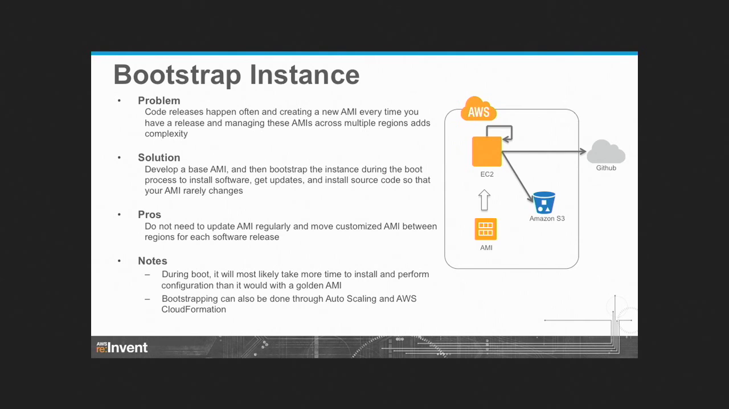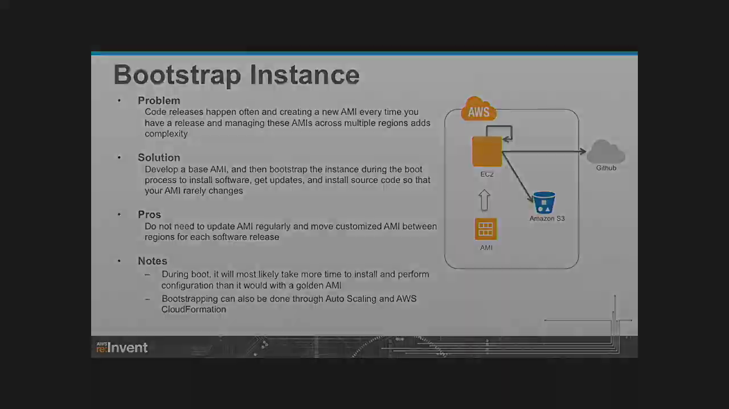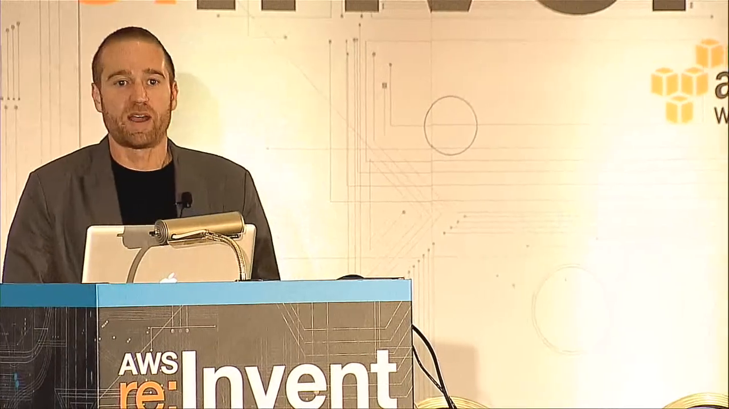So the solution here is to develop a base AMI and then bootstrap the instance during boot to install software, get updates, install source code, and download your source code off of GitHub or wherever it might be, S3. The pros here, you don't have to update your AMI very often. And you can live with an AMI that you only update every once in a while when you've got to install a new package or new dependency, or update your OS with some security changes or whatever it might be. The cons here are that